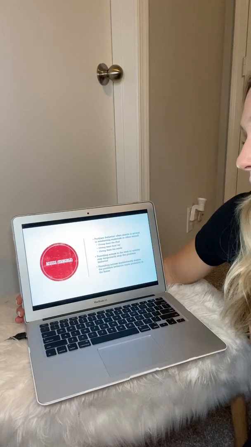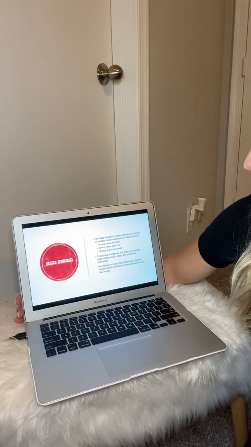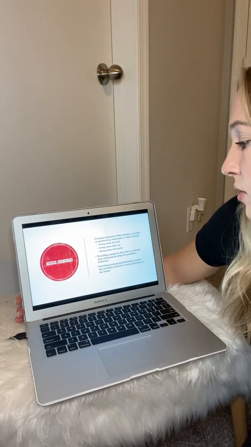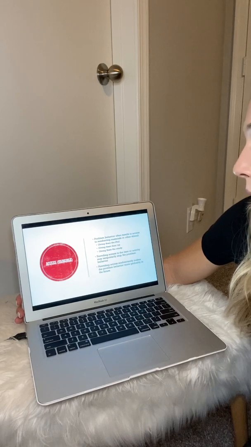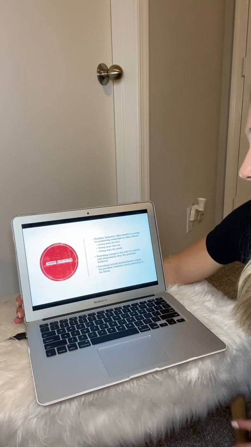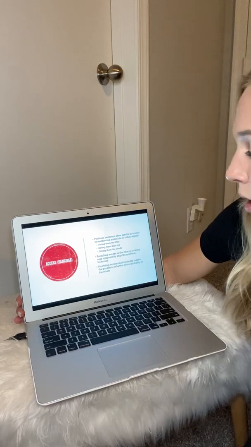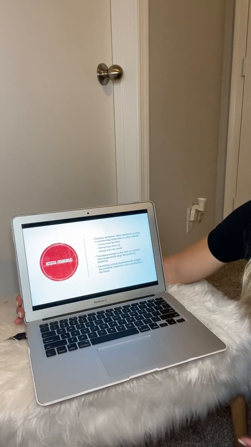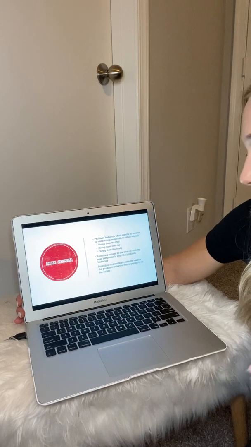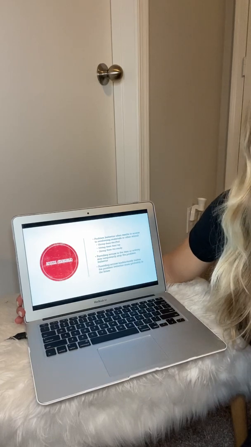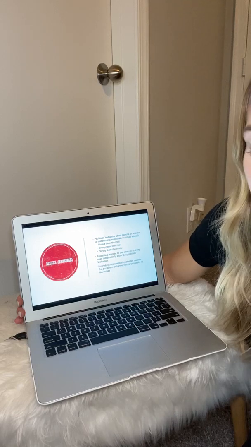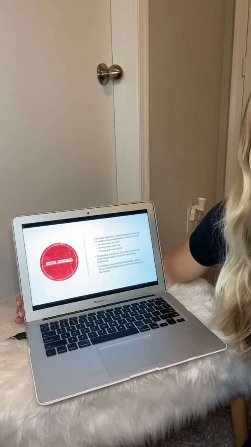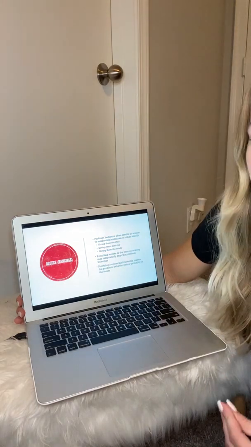The next function is access or tangible. So problem behavior often results in access to reinforcing materials or other stimuli. This might look like giving the child access to their iPad, giving them their toy that they're crying for, giving them the candy that they want, because providing access to that item or activity might temporarily stop the problem behavior. So if little Johnny is crying because he wants his iPad, and even though you told him no, you might just end up giving in and giving him access to the iPad,